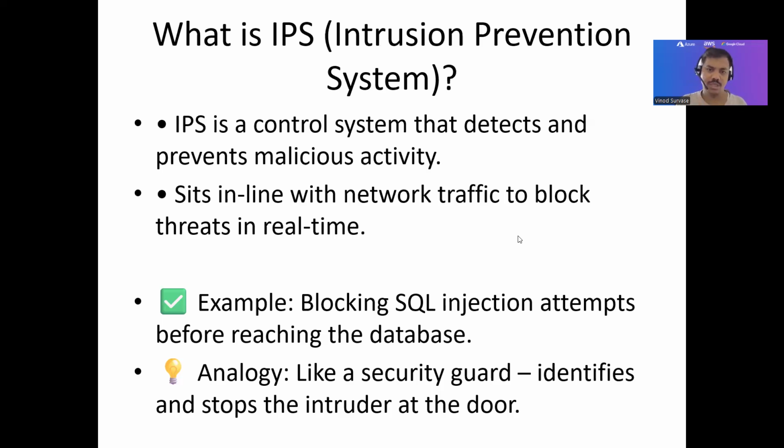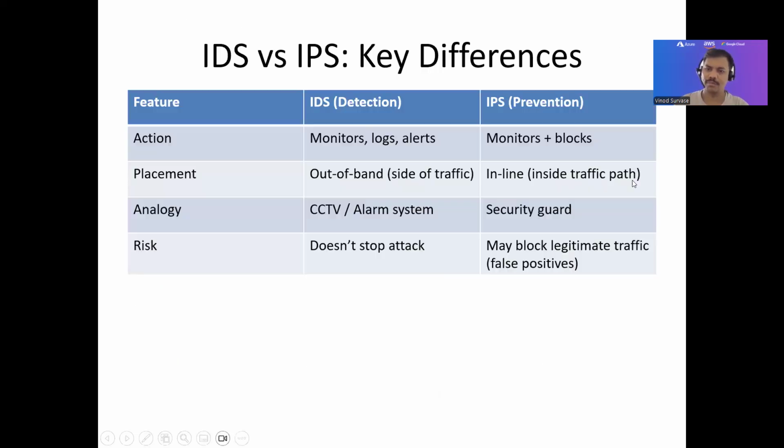But in IPS, we get everything in terms of blocking and stopping, and everything is verified and validated, and then action is taken upon validation, right? So that's how it is going to be. So you understand the difference between IDS and IPS, and on that basis, you can understand each of them better, right? So let's look at some of the real-time examples